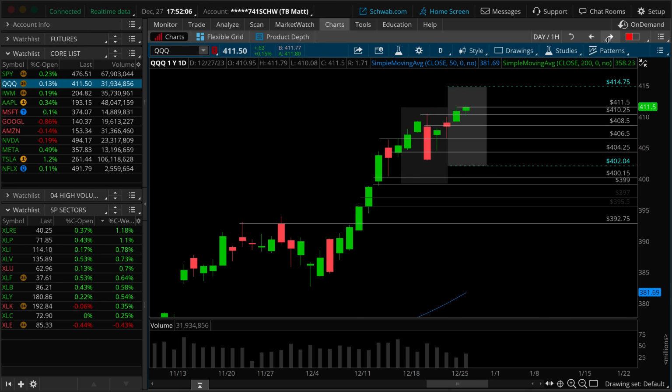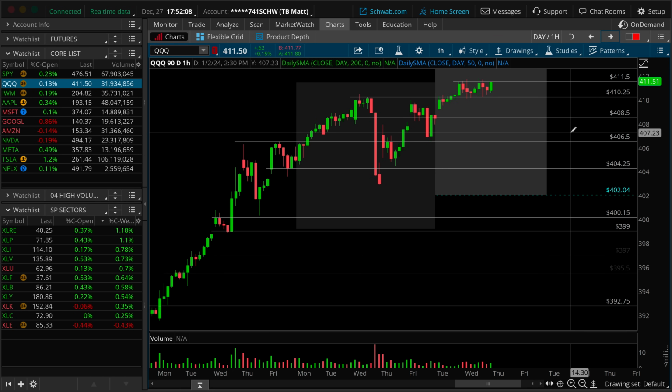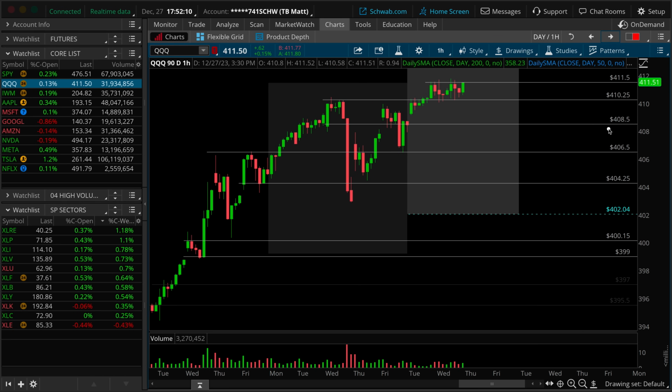But as we talked about on the SPY, we actually know that there's a level in between there that we really care about. And in the QQQ, it is 408.50. 408.50 has all of the same characteristics as our SPY 473.75. It's the opening print on the Wednesday of last week before the liquidation break really accelerates. We failed to clear it here on the sort of Thursday follow-up. On Friday, it's where we get that afternoon breakdown. So same exact indications. And if we do slip underneath here at 410.25, technically you're already failing back down into this as your daily balance range,